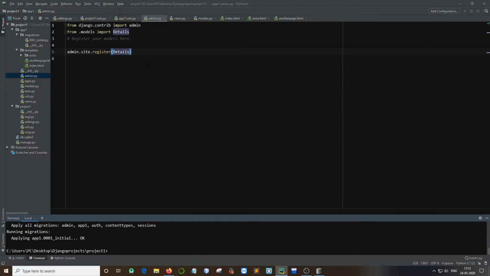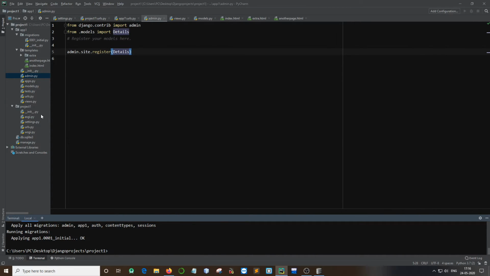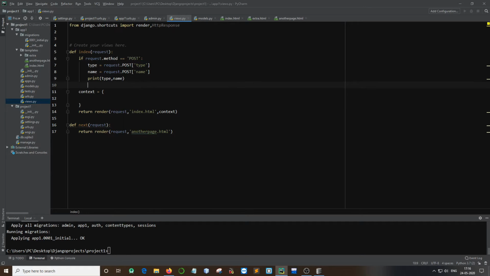Okay, now we have to perform those operations which are going to transfer the data to this model, which is going to save our information to this database. For that, we need to go to views.py, and it is very easy. All you have to do is to create an object of that model. Before doing this, we need to import that model. So we need to write from .models import Details,